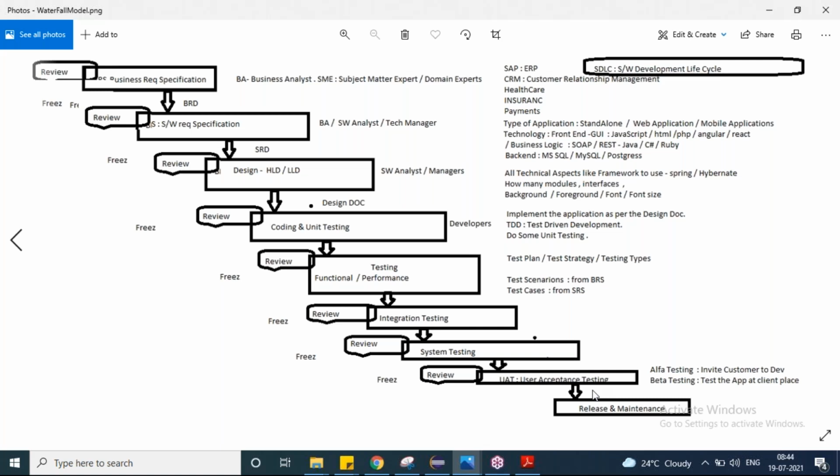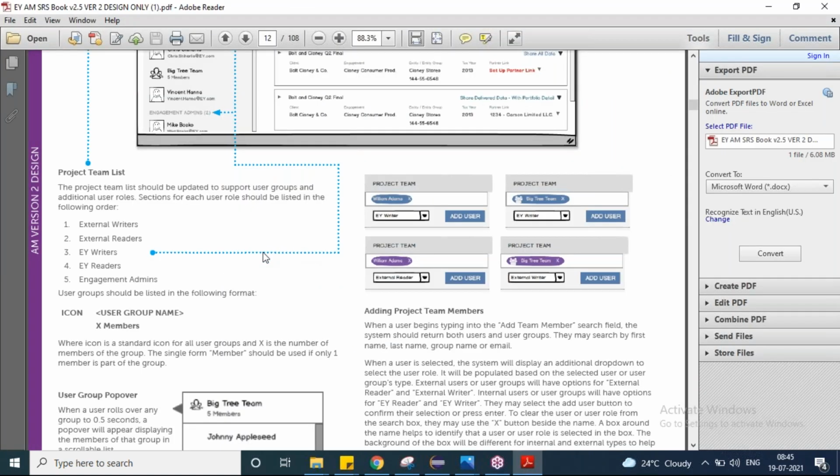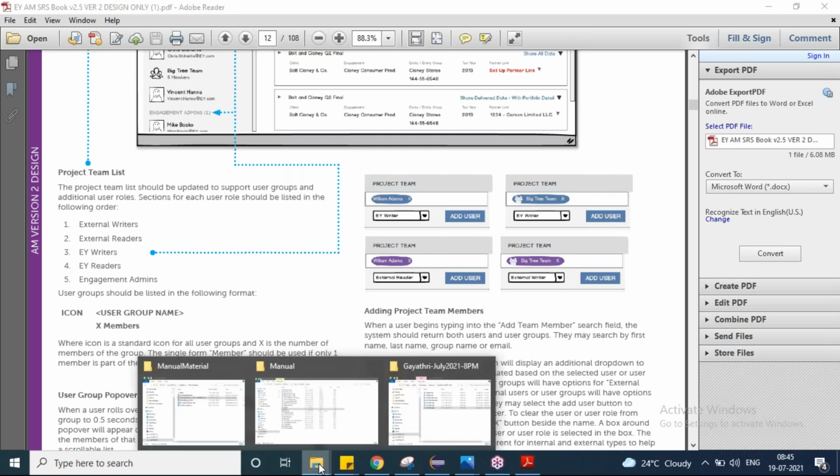Anyways, so our next topic will be the test plan, and I will show you a real-time test plan which is implemented. I will not give you any kind of theoretical stuff, but whatever I'm telling you, I'm taking it from the real-time implementations. This is a software requirement specification document that I have taken from my organization. Exactly for the test plan also, I have my own test plan that we prepared in our organization, and I will show you that test plan only.